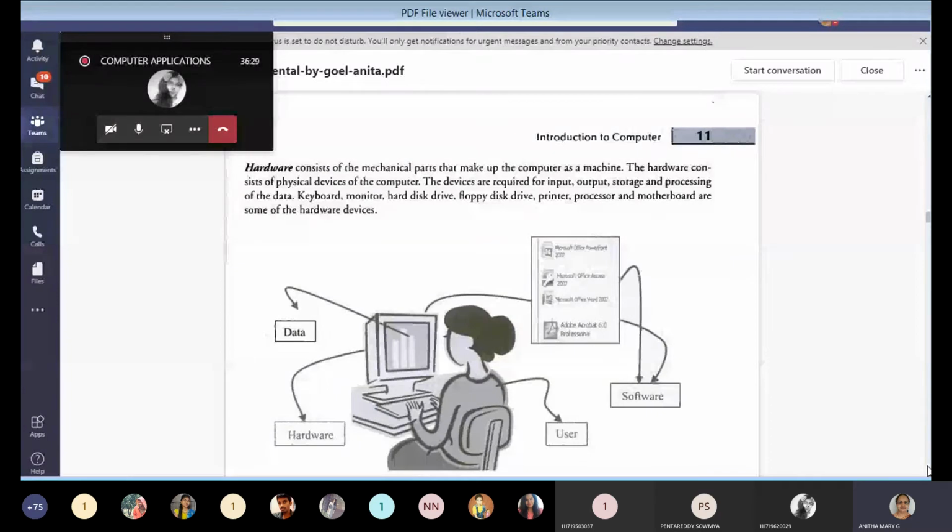First one is micro, mini, mainframe and supercomputers. Okay. So this is what we have studied under classification of computers. And the next one is,